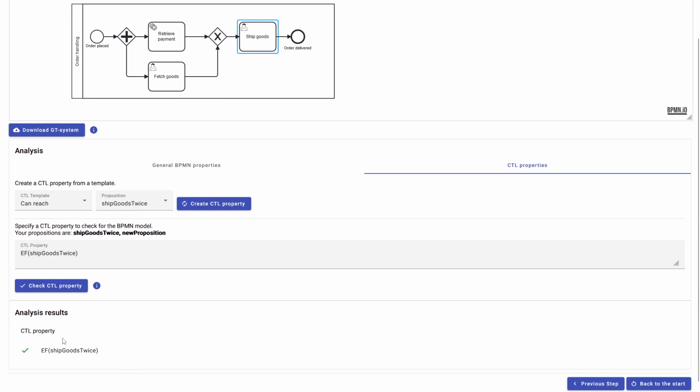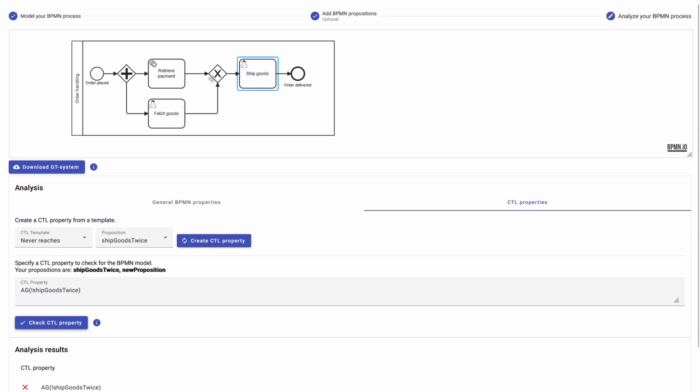So actually, what we would like to check is that we would like to have a property which becomes true whenever our process is correct. Now this becomes false when our process is correct. So we can just say, okay, never reaches the ship goods twice property. This is what we really want to check. We never want to get into this bad state. So now we're getting a slightly different property. And if we check this for our erroneous model, of course, this property doesn't hold because there is this modeling